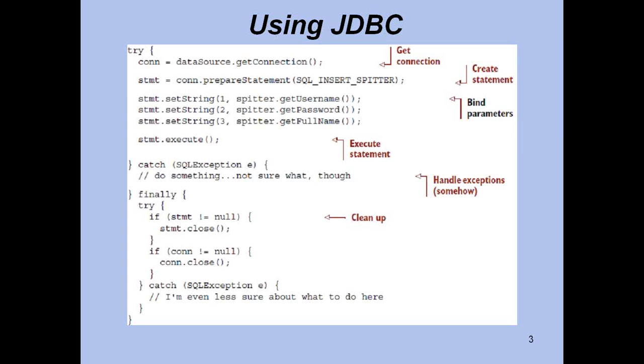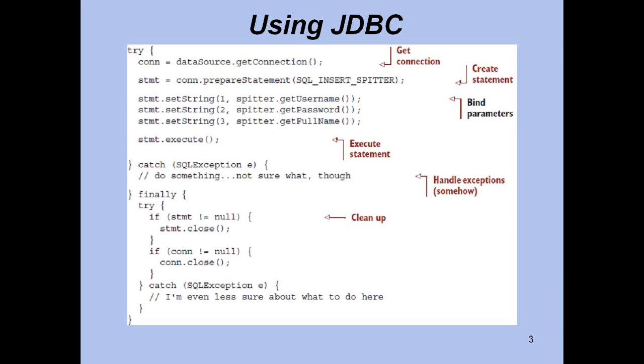Now again, look at this SQL exception object and the comment inside that. This says do something here, but have you ever thought about what needs to be done here? If it is an exception, usually there is nothing much you can do. So why are you catching this exception? Just to print the error message? That doesn't help you get the application running. So what is the use of it? It just helps you debug later on. The application has already failed. You can't do much.